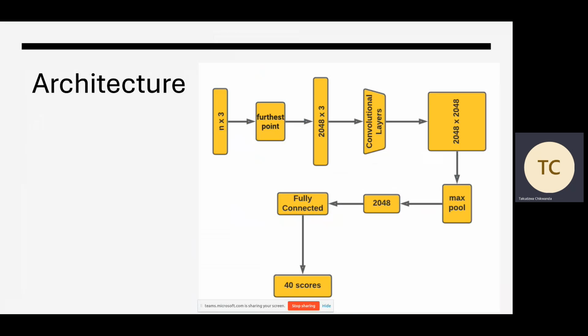I just took the X, Y, Z, and passed it through the convolutional layers, which transform the whole matrix, and used a sigmoid for activations. After that, I got 2048 by 2048, then did a max pooling and got 2048. Then from those 2048,